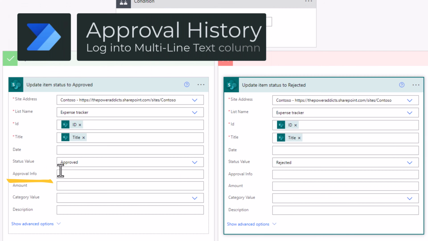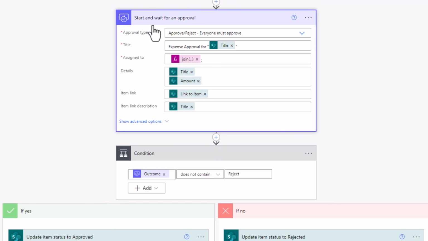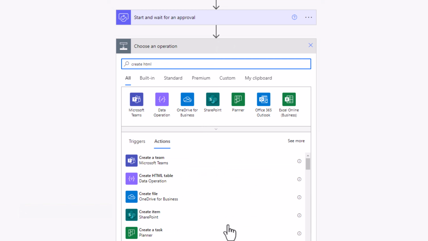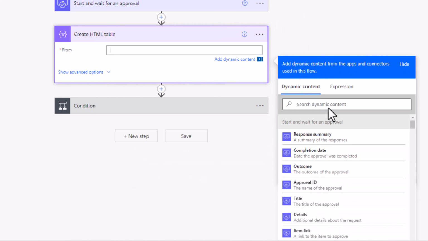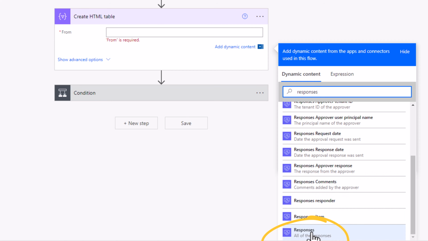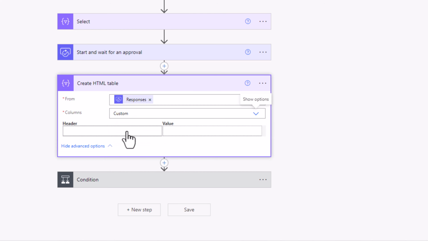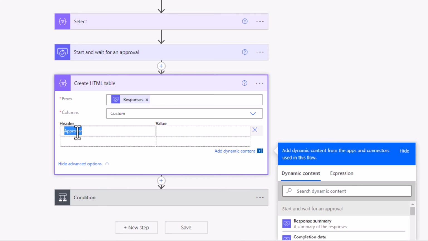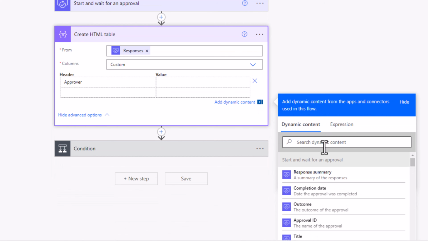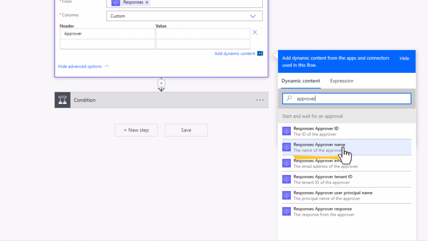Now, approval info is where I would like to plug in details about the decisions that the approvers have taken. The start and wait for an approval action will output an array of all of those responses. So I will add a new step to create an HTML table from that array of responses. And in here, I will create my own custom table. I'll add a column approver, and the value would be the name of the approver,